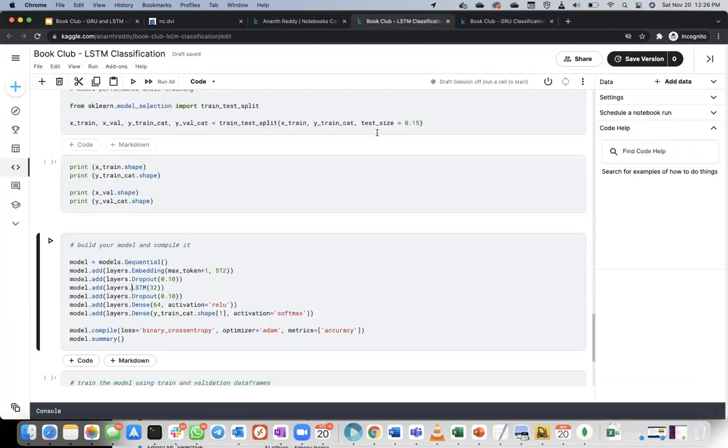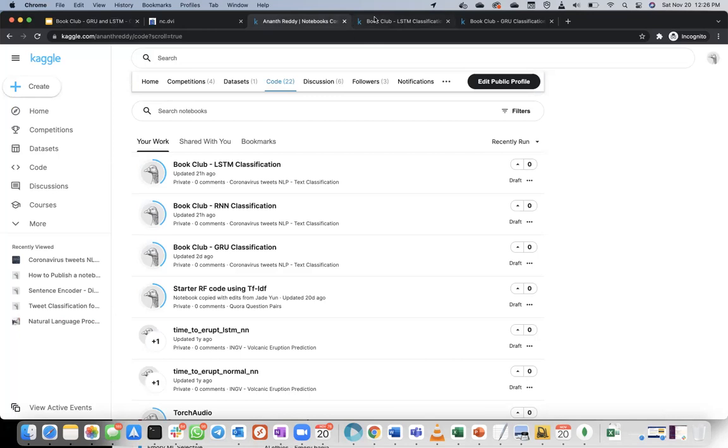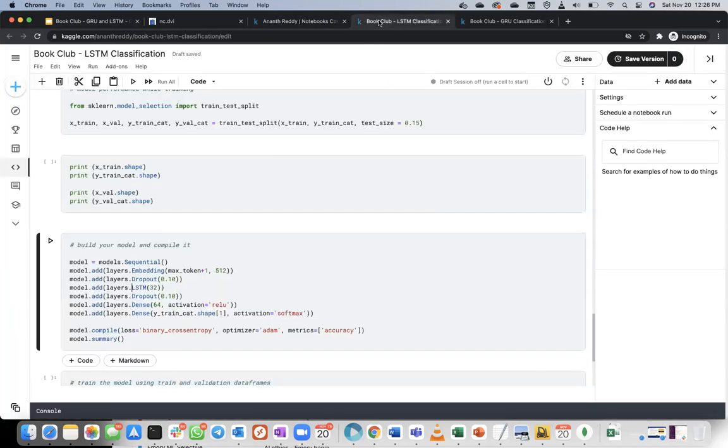Yeah, the only thing you need to do is layers.LSTM. That's it. Imagine how these two guys feel now. We have done this much work, and these guys are just learning LSTM and just using everything. These guys don't even understand what's going on inside this. This is where we're trying to get.